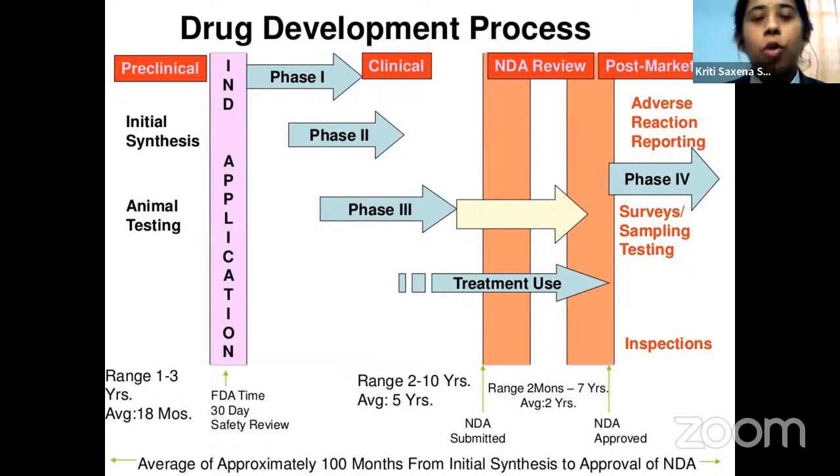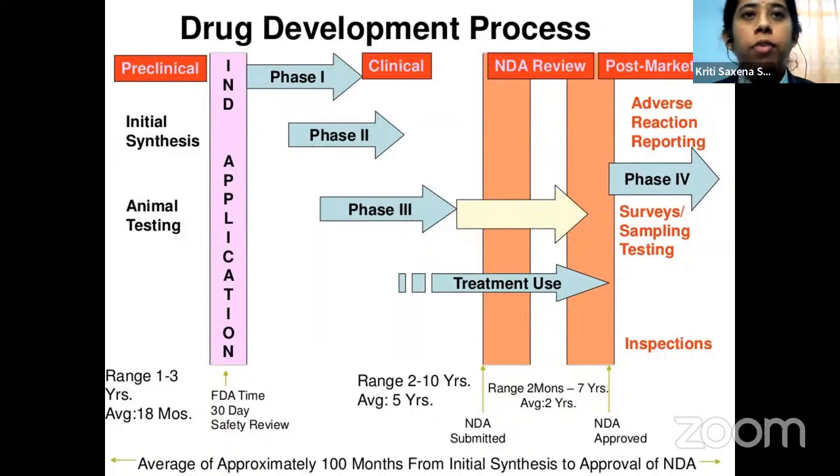We use animals, small and large, both kinds, and when they give us promising results, then only we apply for the IND application, that is investigational new drug application, which is filed with FDA and takes 30 days of time. In 30 days, the FDA reviews your application, and if they find it promising, then they allow you to continue with clinical trials. And if it is not sufficient, then they'll ask you for adding more information, or if you are not able to provide that much promising information,